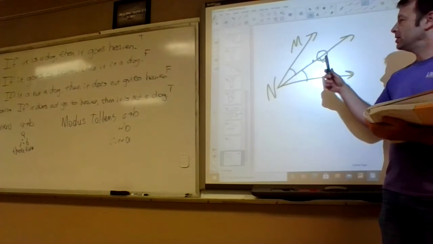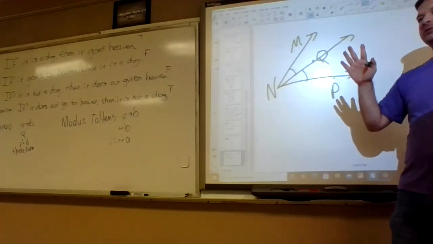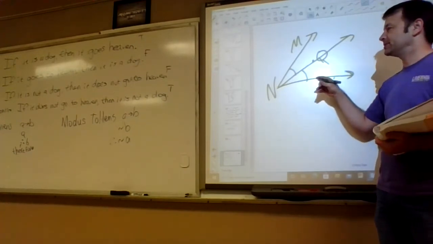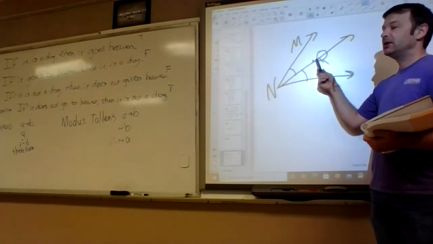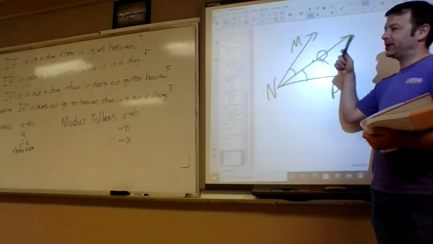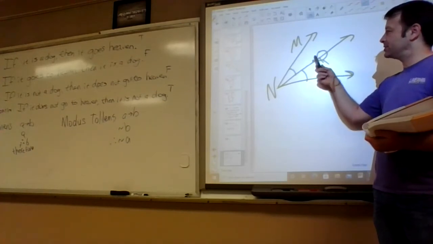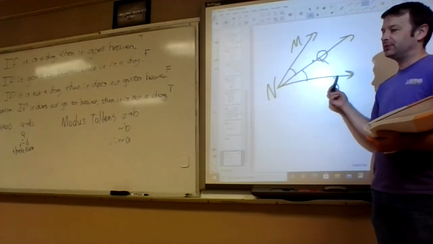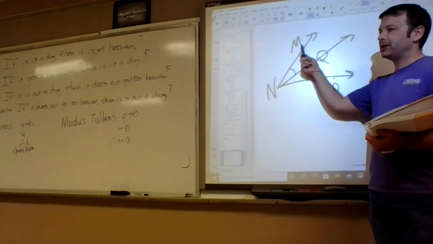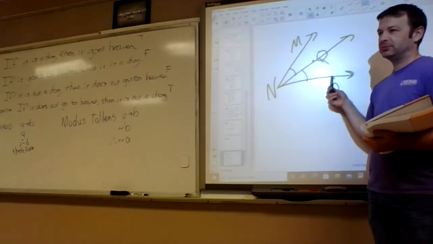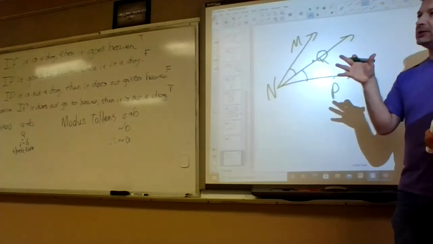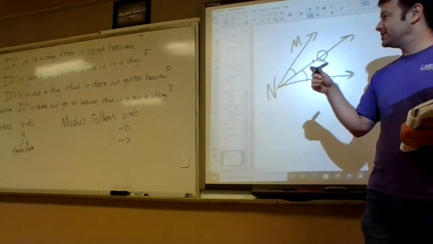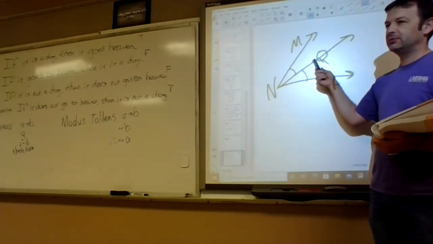Okay. This confused the other class too. It's not as confusing as it sounds. So what they said, let me back up and repeat what they said. If Q is in the interior of this angle, then these two little angles add up to the big angle. That makes sense, right? But then they said Q is in the interior of this angle.